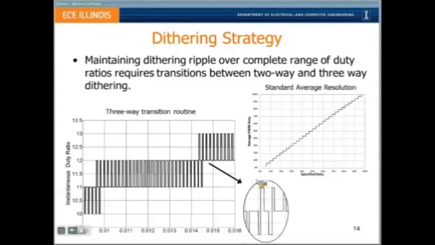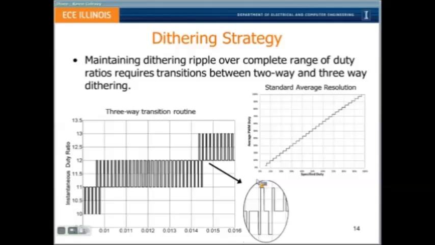Now, just a practical side note. I mentioned that we use dithering to increase our average PWM ratio, and here's a breakdown of how that's done. For sake of discussion, say we're operating between 11% and 12% duty ratio, and as we increase the average duty ratio, we spend an increasing amount of time at 12%. The steps you see here are the steps between 10 and 11, 11 and 12, and so on. But by changing the amount of time we spend at each value, we're able to linearly increase our average